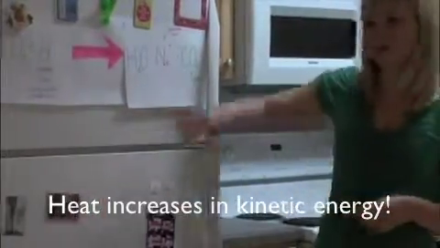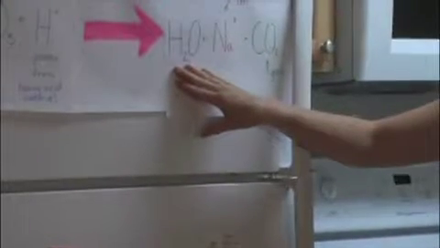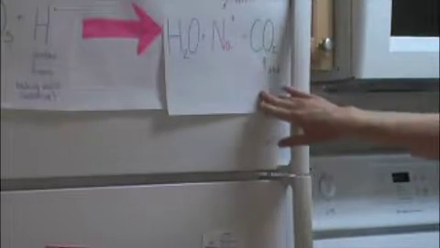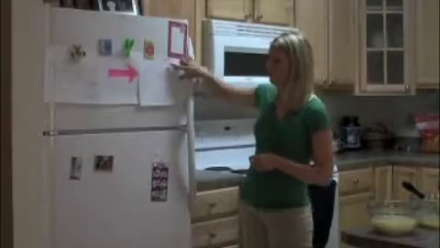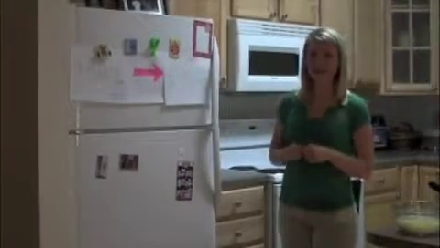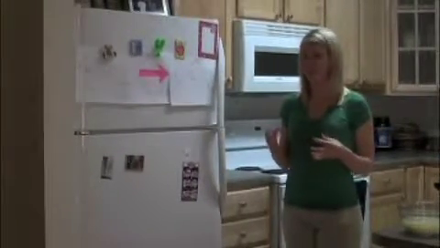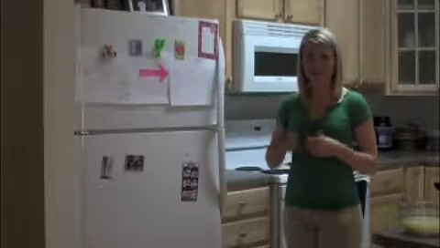Once we do that, we start to see more products develop. Our products are water, sodium ion, and carbon dioxide gas. The sodium ion just dissolves in the mixture, and it becomes a spectator ion at that point. The carbon dioxide gas forms in a gaseous state, and then with all the heat, it produces more